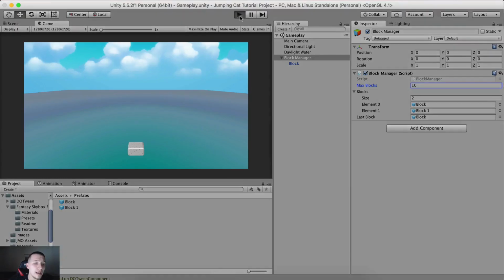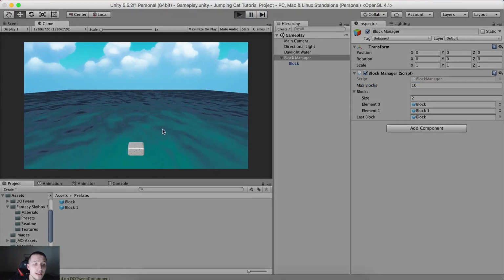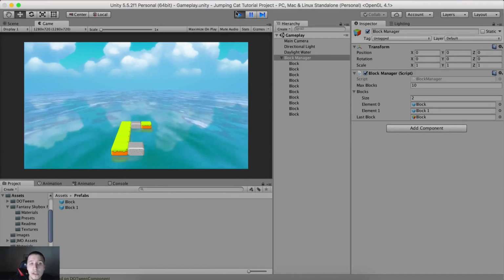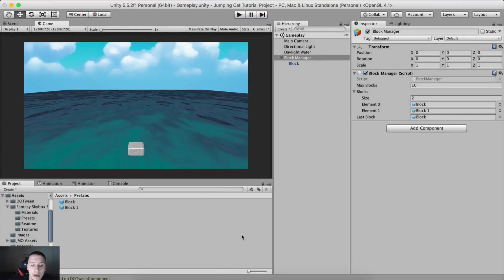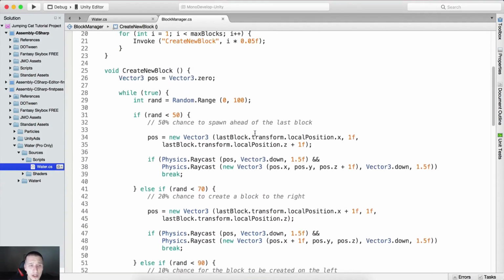So again, if I hit the play button, notice again, the blocks are spawning. Every time they're going to spawn a different way. Notice every time. And notice sometimes we spawn a stone block, sometimes we don't, because there is only a 1% chance, and I'm using this here to make sure of that, to spawn a stone block. Just quickly,